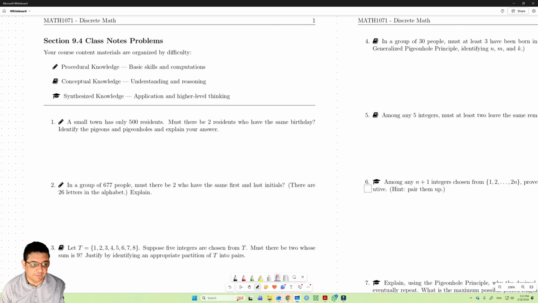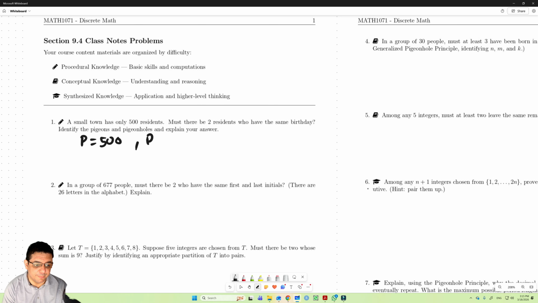Hello everyone, this is section 9.4 class note problems on the pigeonhole principle. So the first question has: a small town has only 500 residents. Must there be two residents that have the same birthday? Let's identify the pigeons and pigeonholes to explain the answer. Well, here clearly the pigeons are going to be the residents